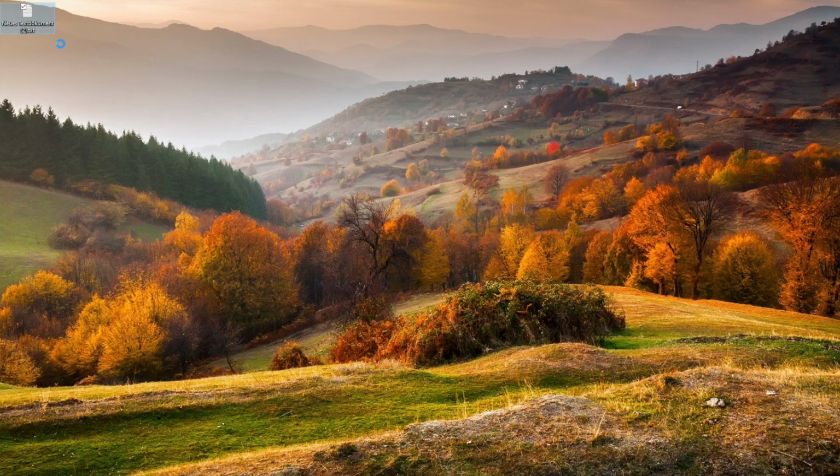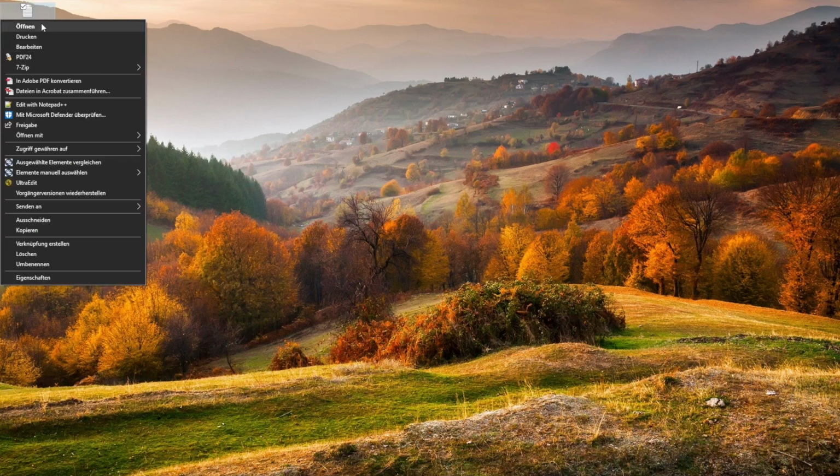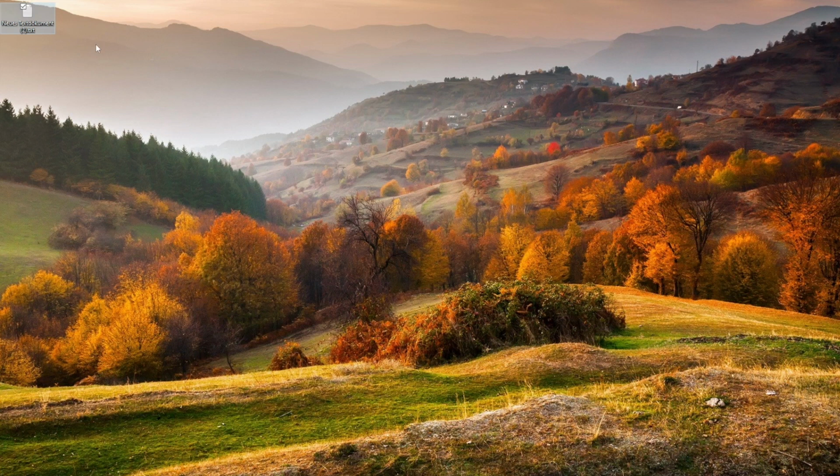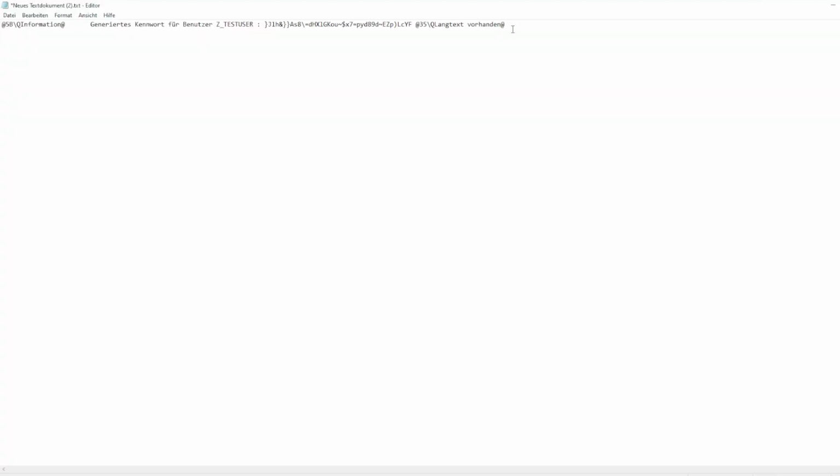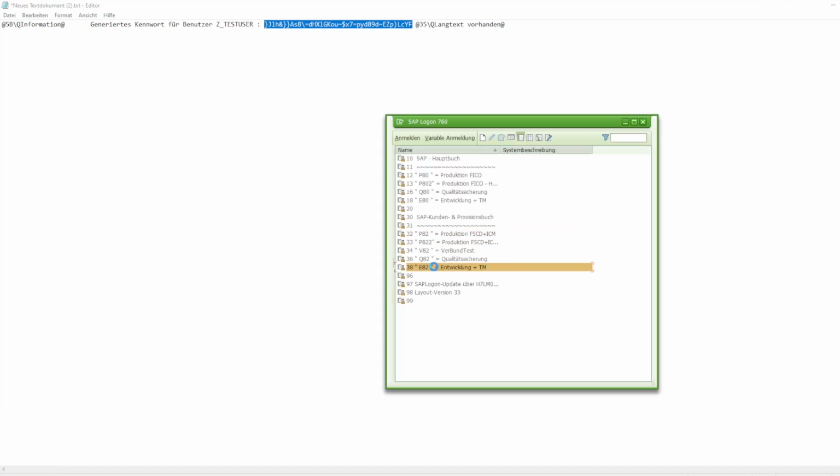There is a TXT file. Hope you see it. I'm not going to change the name now, just open it, just paste the password, which is the so-called initial password. We can copy now the specific password,